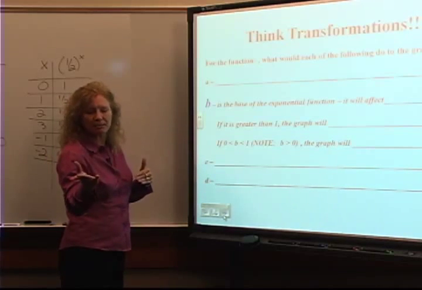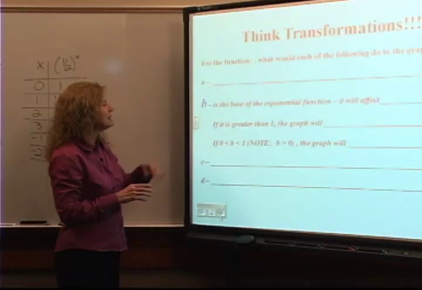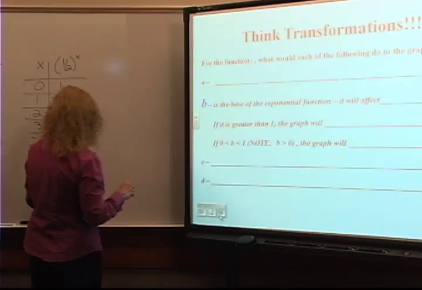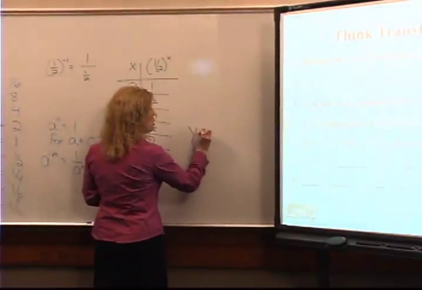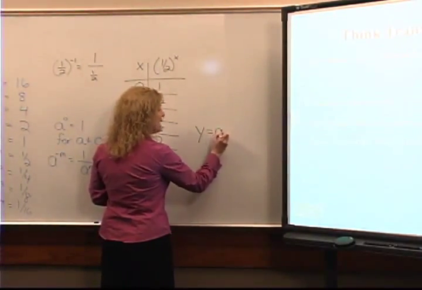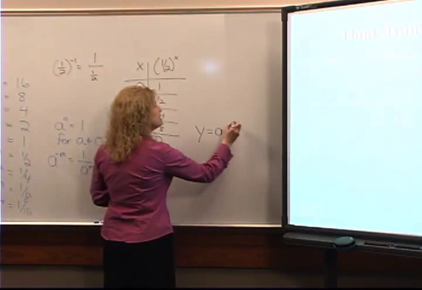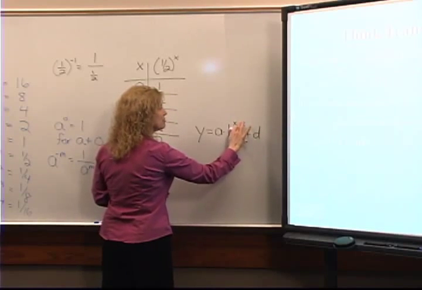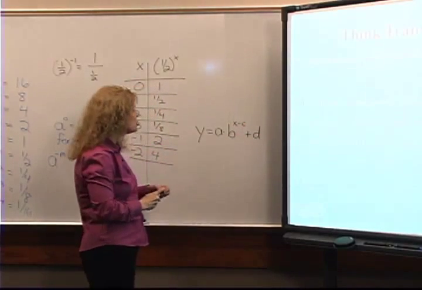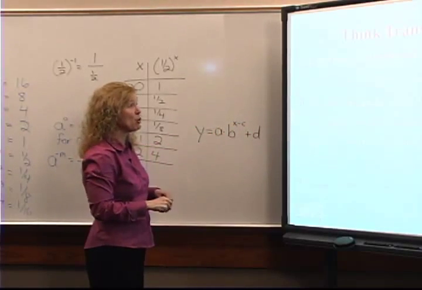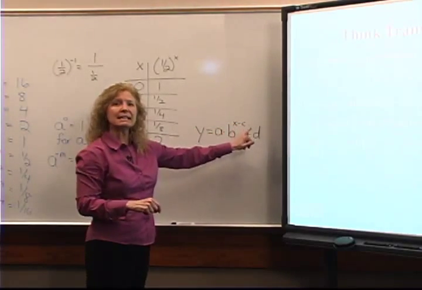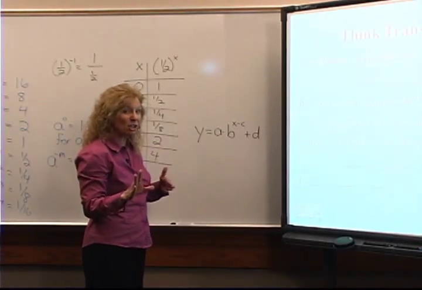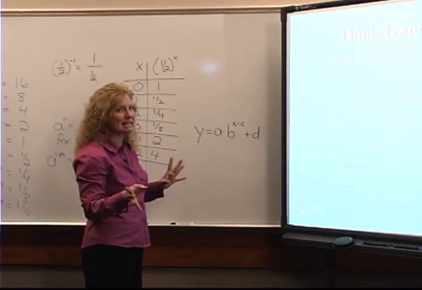Well, there are b possibilities here, but I decided to let b be the base of your exponential function, meaning we're talking about y equals a times b raised to the x minus c, plus d. These are the transformations that I'm referring to here. And the A, the C, and the D are all ones that you have dealt with before. The only one that I've changed a little bit on you, and I hesitated, but I did it anyhow, is